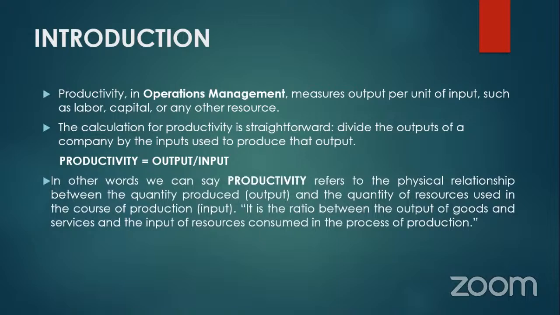In other words, we can say productivity refers to the physical relationship between the quantity produced, which is output, and the quantity of resources used in the course of production, which is input. It is the ratio between the output of goods and services and the input of resources consumed in the process